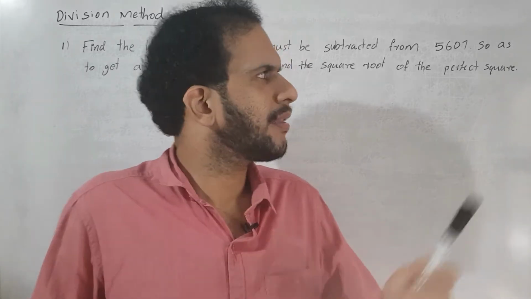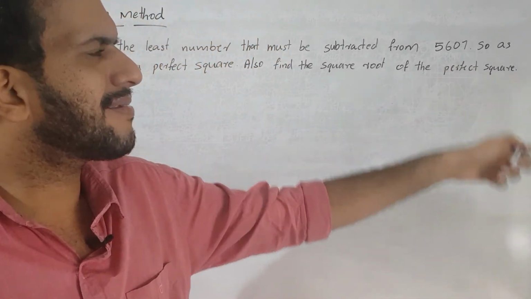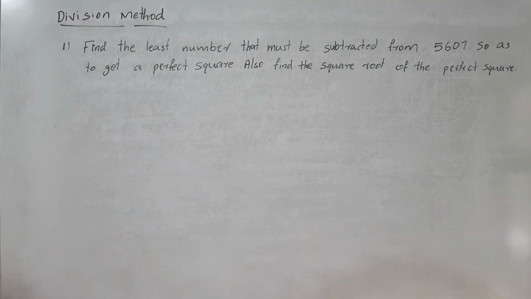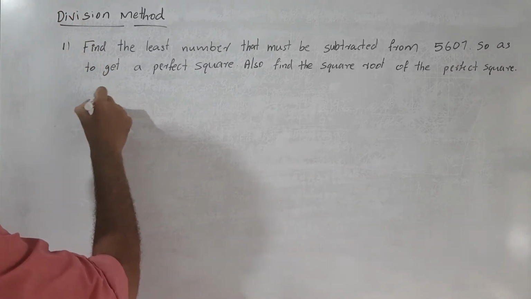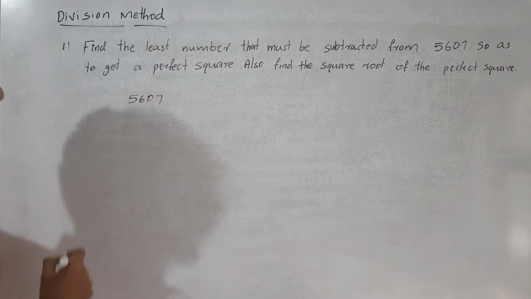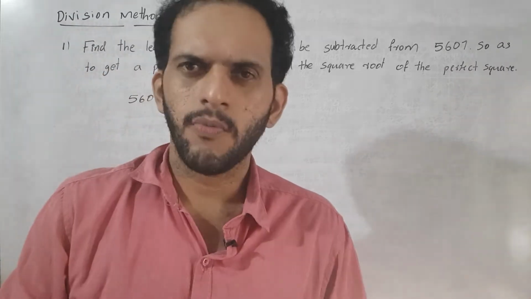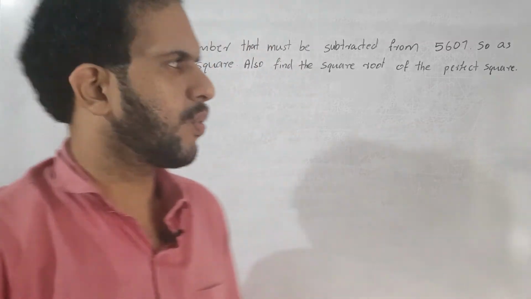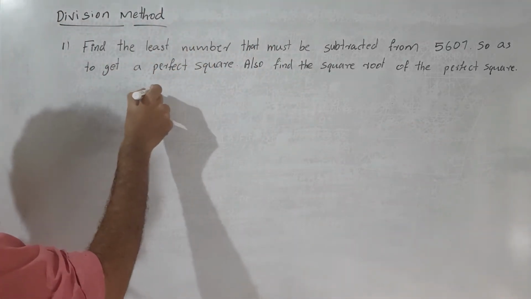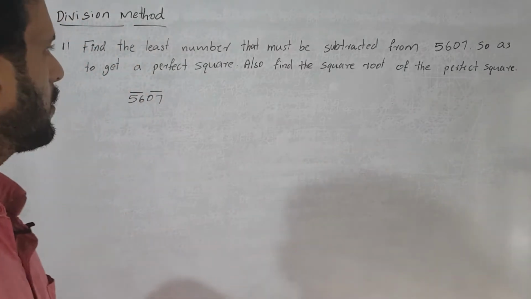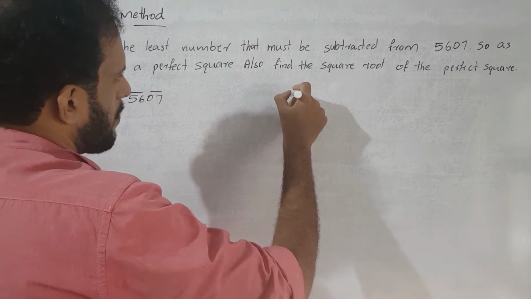Okay, so it is very clear this number is not a perfect square, because the number ends in the digit 7. So what is next? First we take the number 5607, then we divide 5607. By doing the division, what is our first step? The first step is we need to pair the digits starting from the unit place. So the first pair is 07, the second one is 56. Then by doing the long division method,